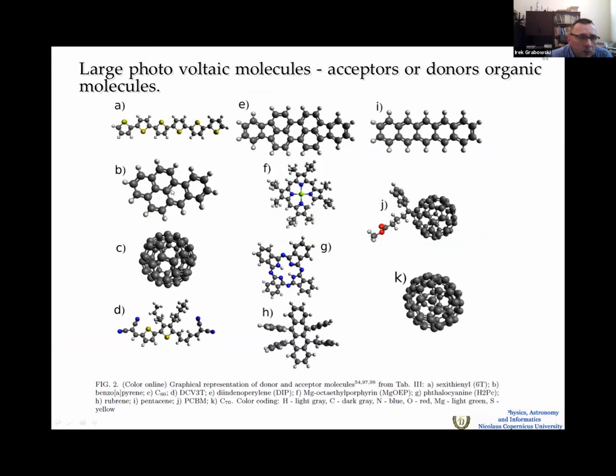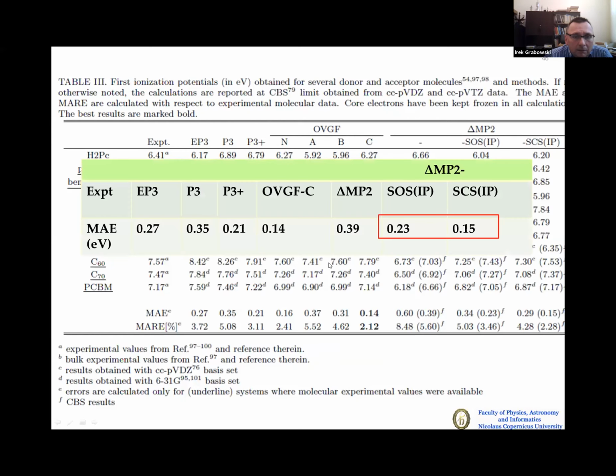And we also look at some large photovoltaic molecules, which are important for some solar cells, and the names are here. I know C70 or C60, but the others I cannot even pronounce. So again, results are here for these systems, and they are calculated with respect to experiment. And as you can see, our method behaves very nicely. So it's as previously. In that case, the outer valence Green's function works a little bit better than